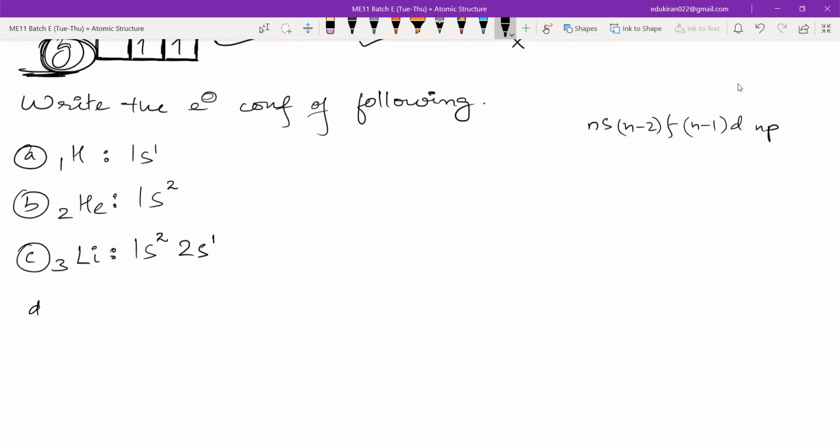Then, for example, let us now take a bigger one. Not 10, 11 for sodium. We have to fill 11 electrons. We'll start with which subshell? So we'll start with the lowest energy. What is the lowest energy subshell? It is very similar to 281. You first start writing 2, then you write 8, then you write 1. Correct?